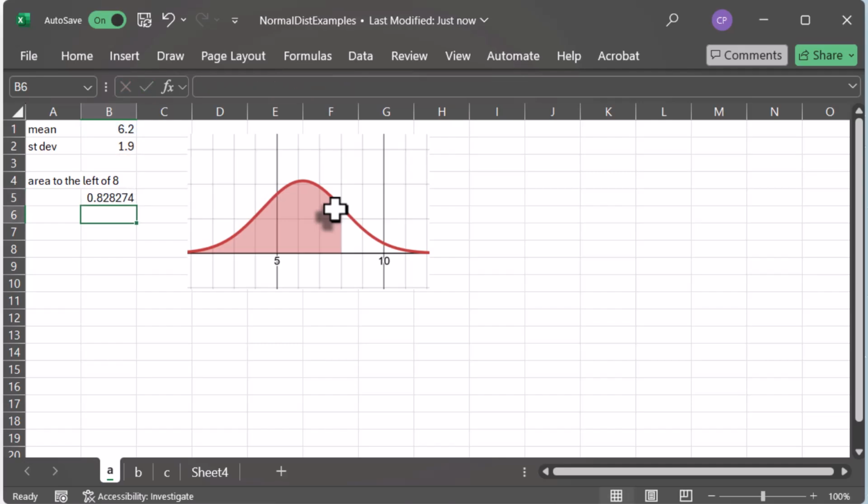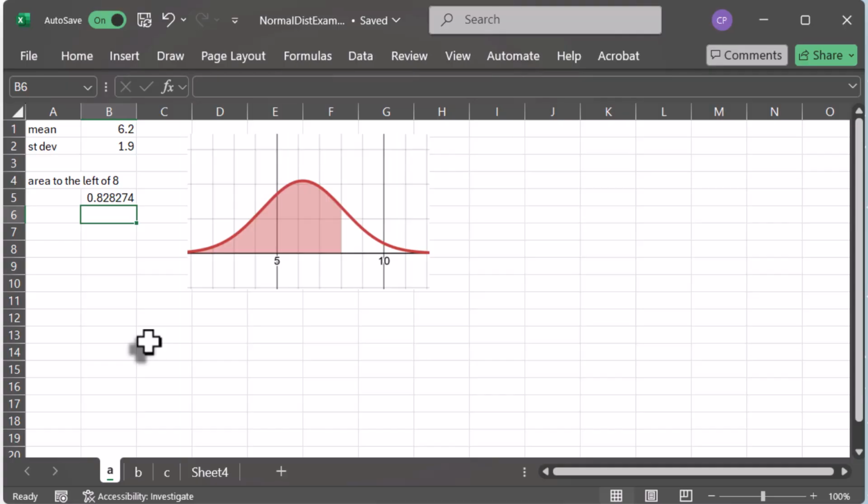So this gives me the result 0.828274. Again, this represents this area to the left of 8 underneath our normal distribution curve with mean 6.2 and standard deviation 1.9. So this says that about 83% of the time, or 83% of people in the population, sleep